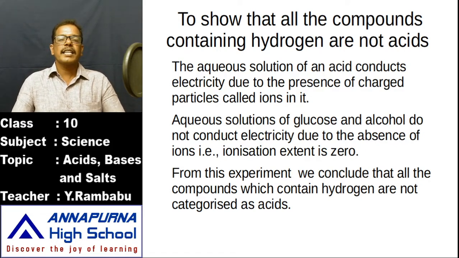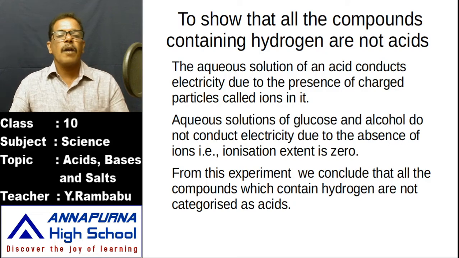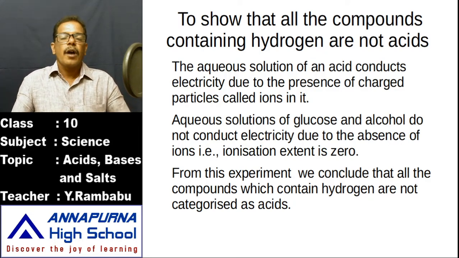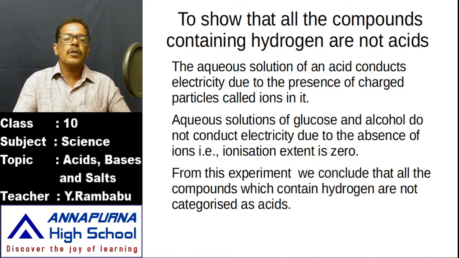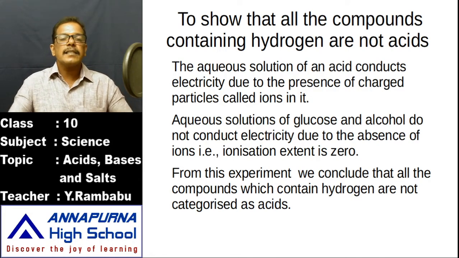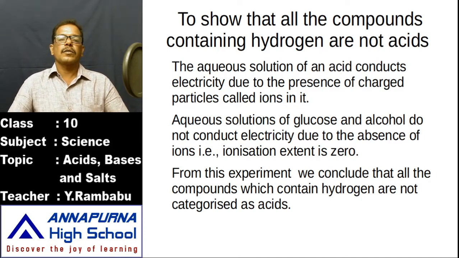It acts as a liquid conductor, or electrolyte. How does it act as an electrolyte? We know that in the presence of water, hydrochloric acid HCl splits into H plus (aq) ions and Cl minus ions. These ions carry the charge from one terminal to another, that means from one electrode to another electrode. That's why the bulb glows.